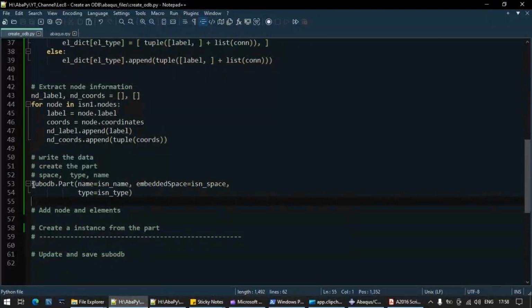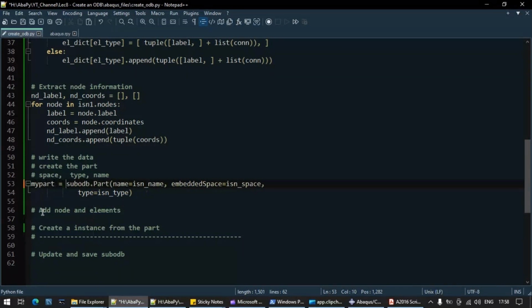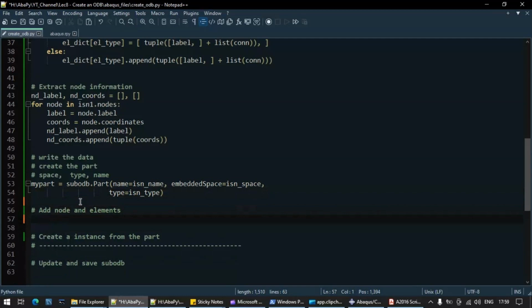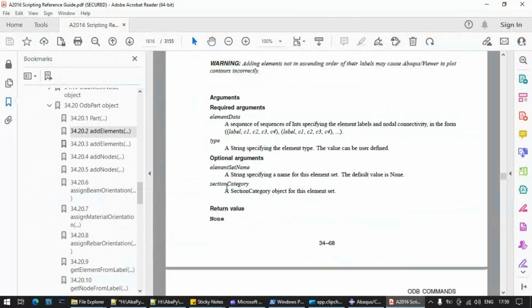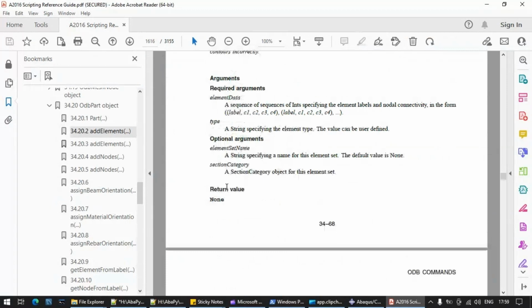Okay, so before that let's give the part name. Here one thing you need to take care of is that we need to first add the nodes. Why do we need to add the nodes first? Because when we define the elements, we give the node information inside, right?